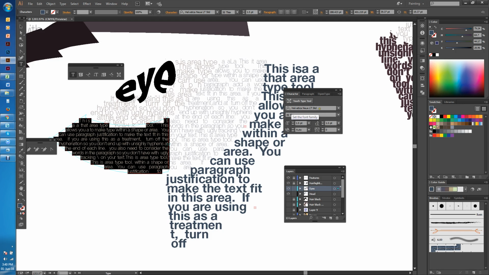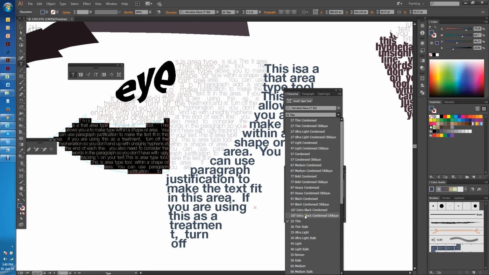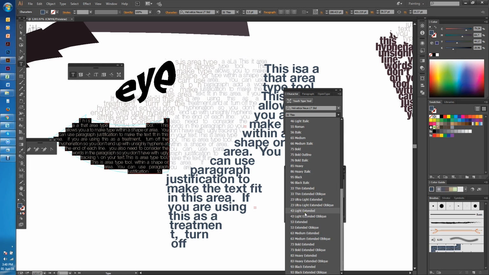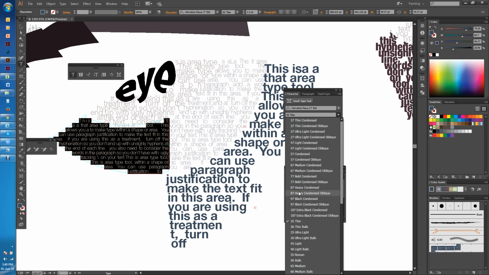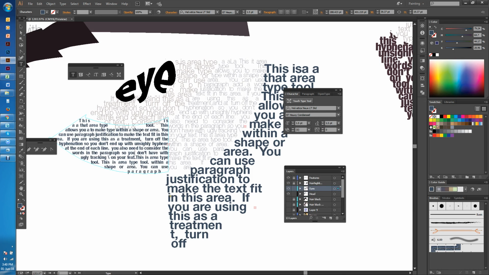and interestingly, I'm using Helvetica for the type, and I've made a conscious decision to use Helvetica Neue because if you have a look, these are all the options that I have in terms of style. So what I'm after now is a very condensed but heavy type, and you can see that I can just change that there. And let me just try and put a space here,